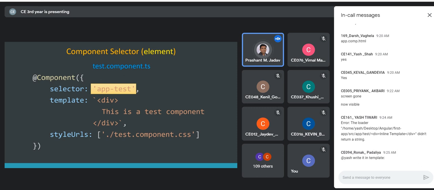Just see the slide. You can see that in the component decorator, there are three parts: selector, template, and style. The template can be either template or templateUrl. When we are writing templateUrl, we are referring to the external HTML. And for example purposes, we are using the template, which is a 2 or 3 line HTML code for testing purposes. Because once this code is working, you can replace it with your entire HTML file.